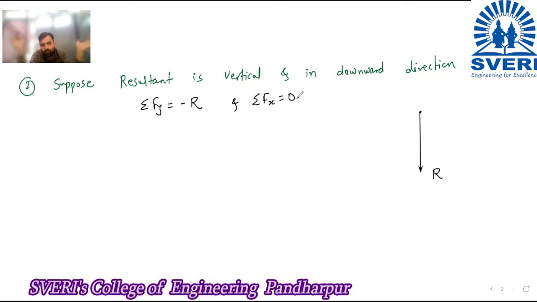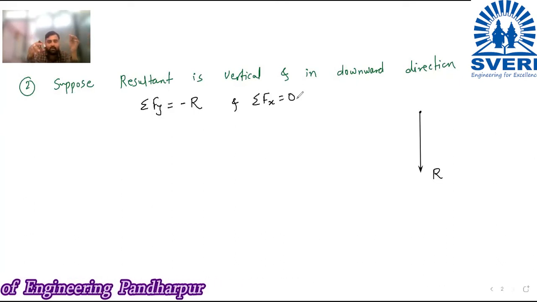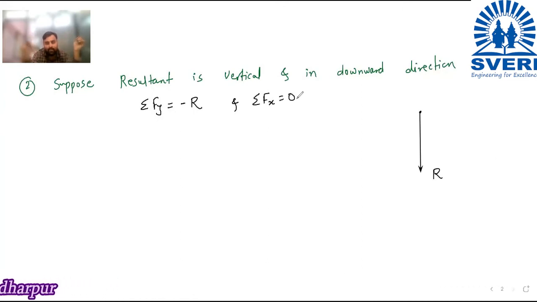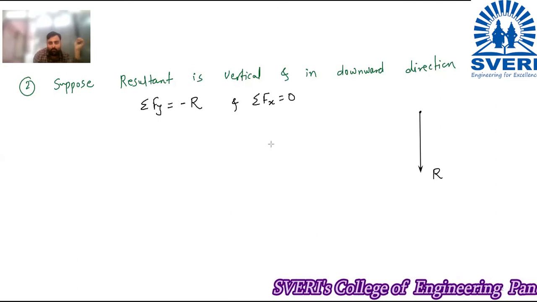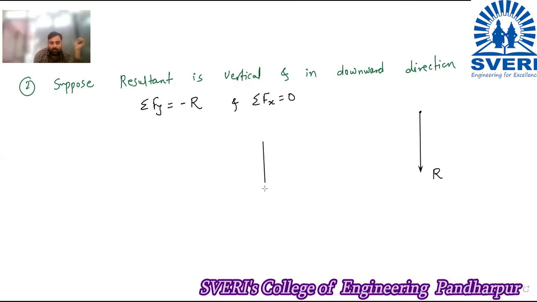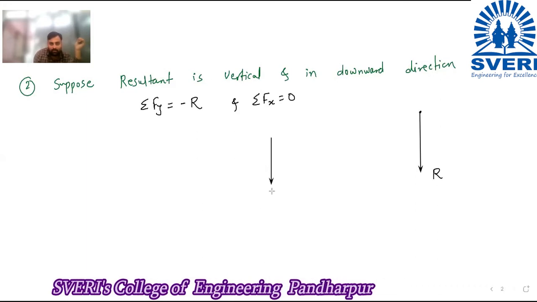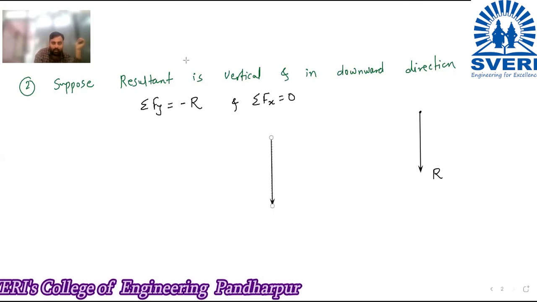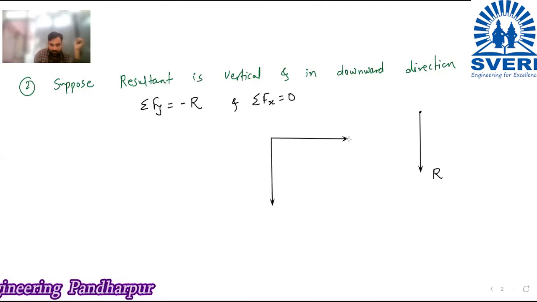X डायरेक्शन ला फोर्सच नसणार आहे कुठला, फक्त y डायरेक्शन ला फोर्स असेल. Summation Fy is equal to what? It is minus R. Okay, if the resultant is moving downwards. If I show you in another diagram, see, our normal diagram will be, आपली normal diagram कशी असते तर I will draw it here. This is your summation Fy which is moving downward दाखवतोय, and this is summation Fx.